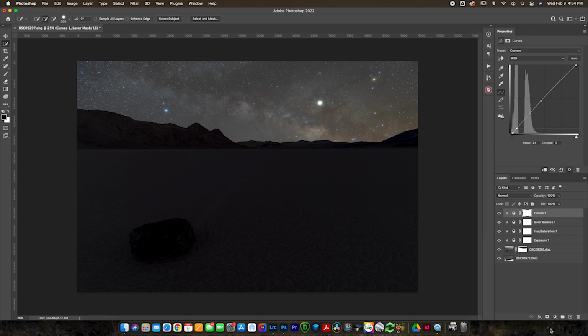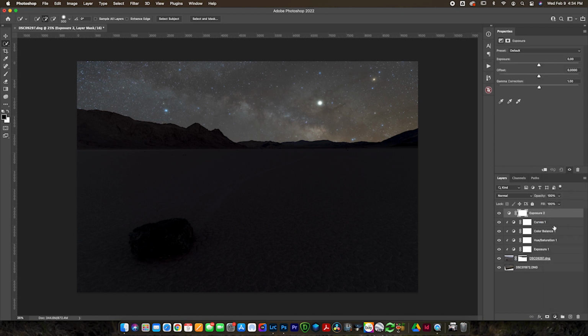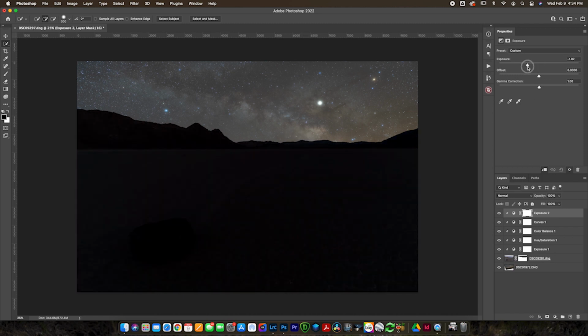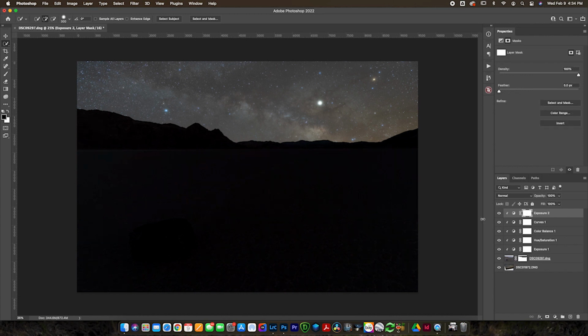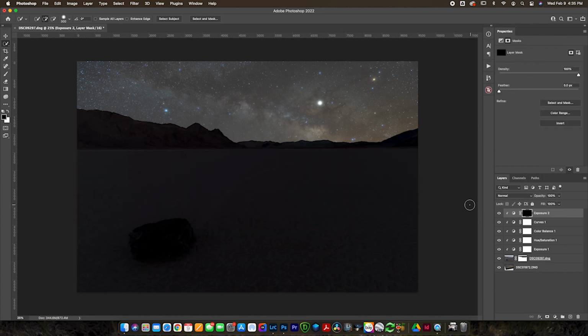The other thing that you are going to want to do in a lot of your photos is create one more exposure layer, hit the down arrow, and you want to adjust these things that are far out, very far away, because in a daytime photo, a lot of times there's a lot of atmosphere to look through, and these things that are far away will appear brighter, but in a nighttime photo, they're going to appear too bright. So you can bring that exposure down, and then you can invert this layer mask, Command I,